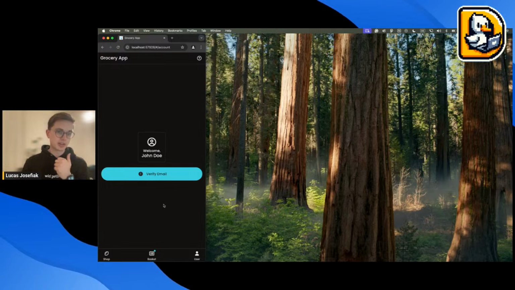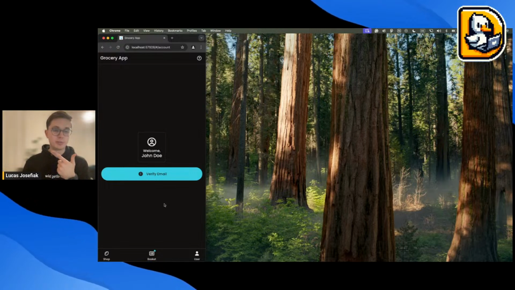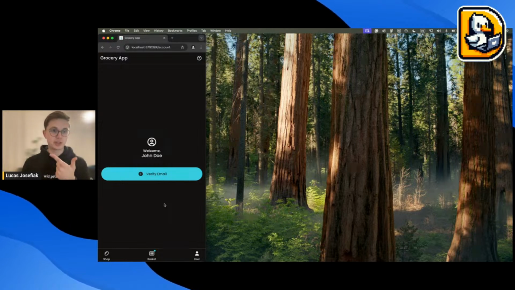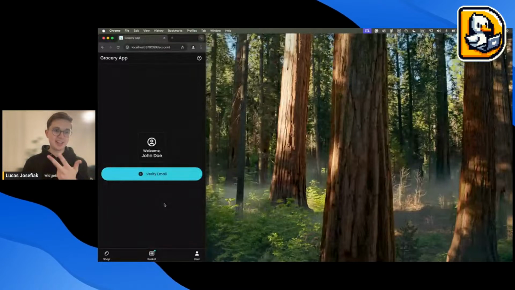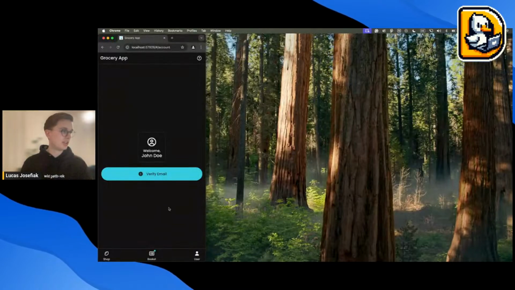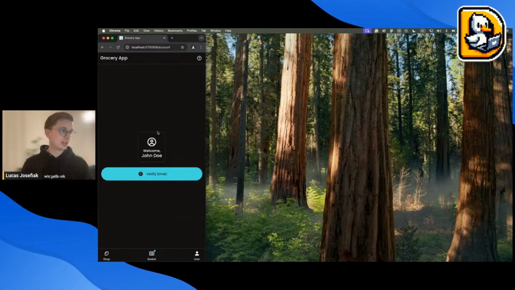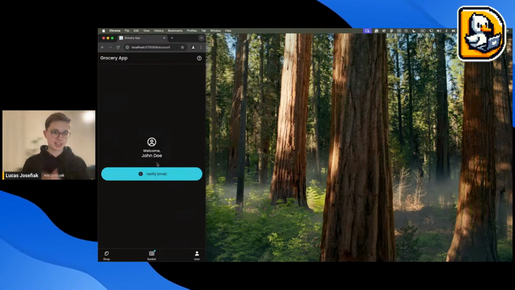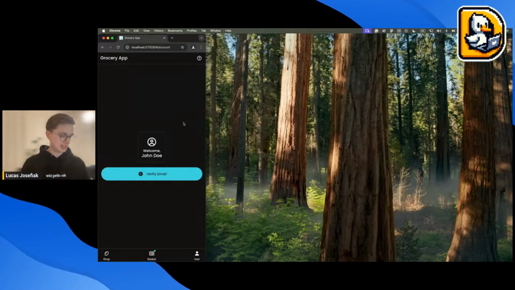The other state that we'd like to test is how does this screen look like when my user is not verified, so the verification failed, and how does this screen look like when the page is still loading? So these are all the 3 states that I'd like to test,